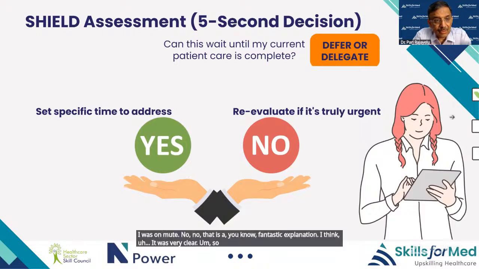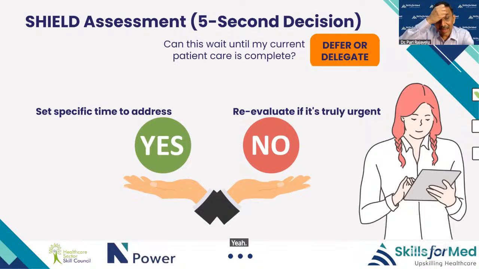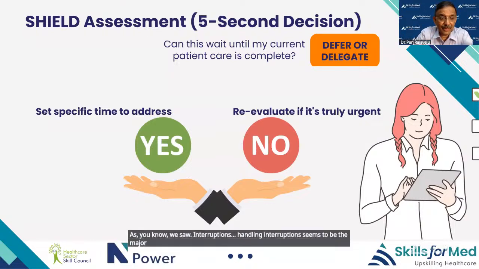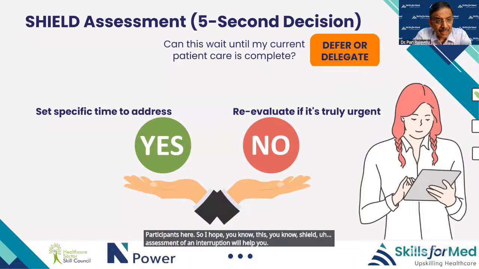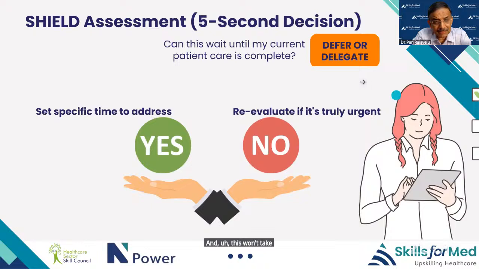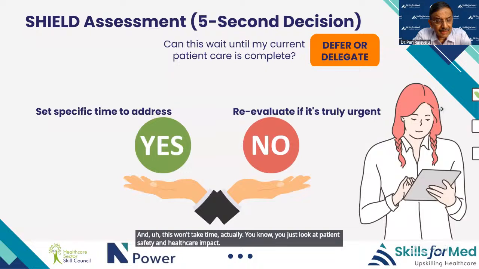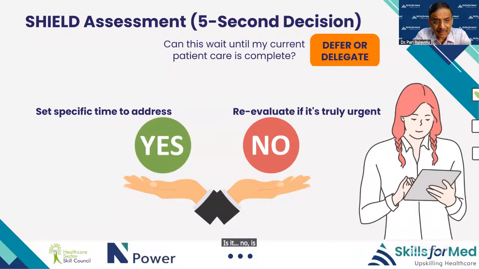Yeah. So, as we saw, handling interruptions seems to be the major challenge for the majority of the participants here. So I hope this SHIELD assessment of an interruption will help you. And this won't take time, actually. You just look at patient safety and healthcare impact. Is it going to do that? Two of them can be answered together, right? The safety and healthcare impact. And the next one is the,